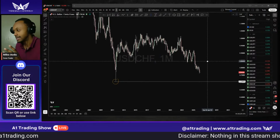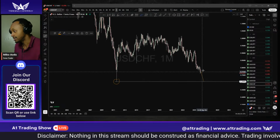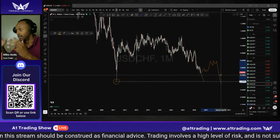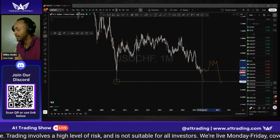Now, the only thing is, this is a monthly chart. It could take a while, and we don't necessarily have to complete this swiftly. Price could consolidate, it could push back up. It could be a whole another few years before price gets there. So as long as momentum stays ripe and we're seeing force to the downside, I'm actively going to be looking